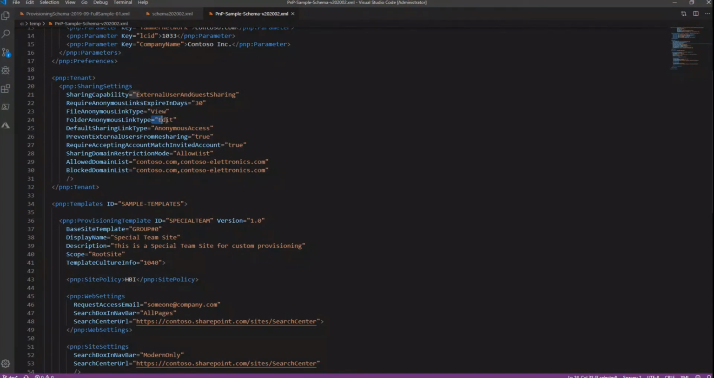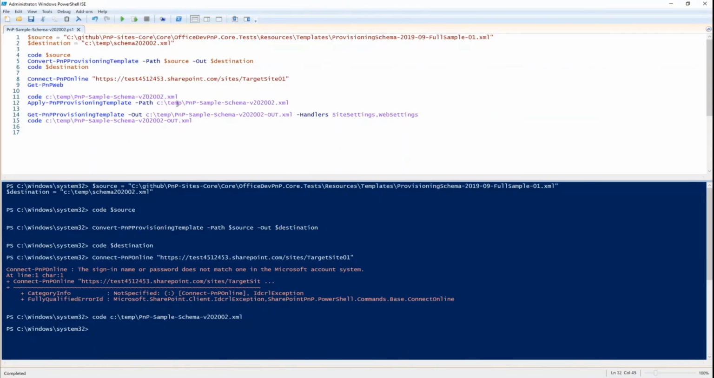The default folder will be for edit and stuff like that. So you can see here all of the settings, including, for example, an allow list for the well-known contoso.com. So if I run the apply PnP provisioning template against the current site, providing that XML template, you will see